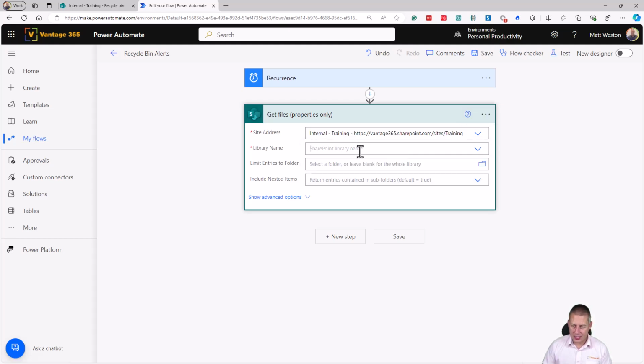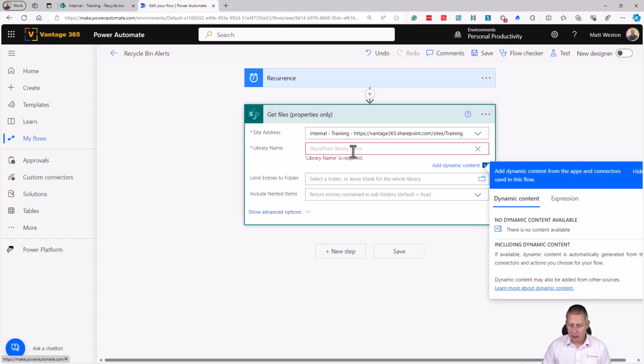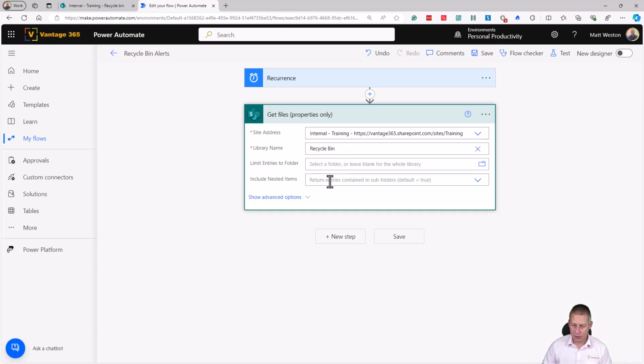So let's go and select the drop down. No, it doesn't appear in there. Can I type it in manually? So let's go for recycle bin, because that's the name of what it is. If I go and press save,